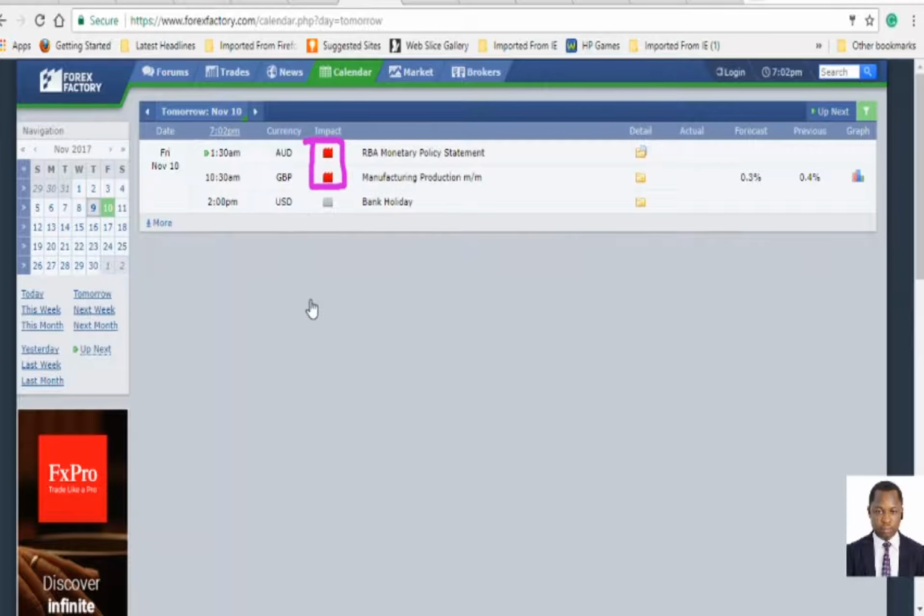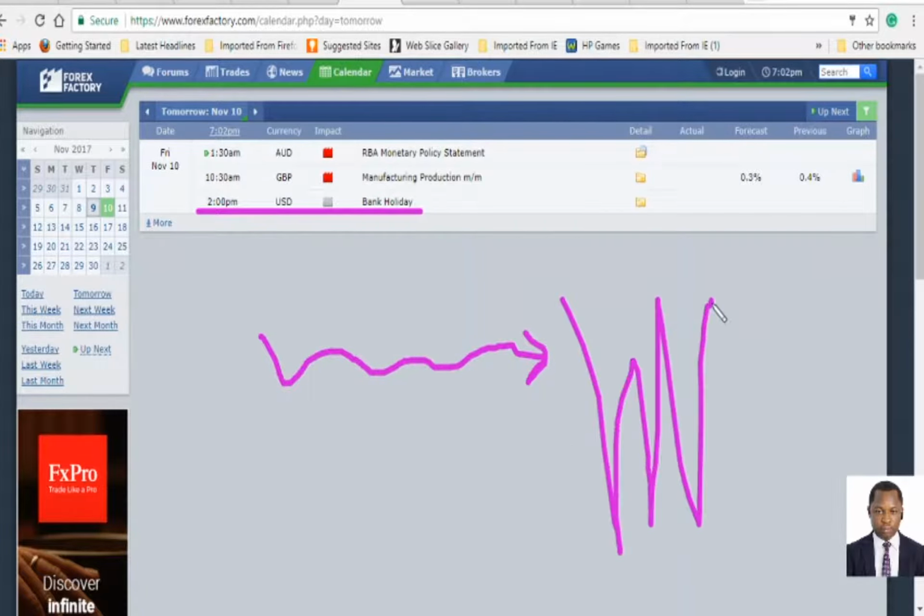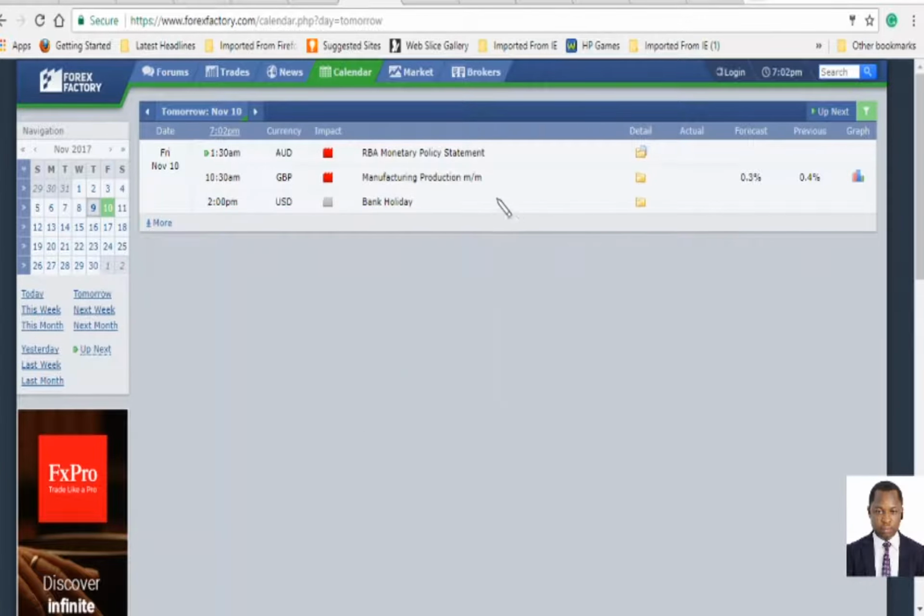Okay, unfortunately tomorrow we have a bank holiday coming from America. That should be affecting not just the American dollar crosses. Usually whenever we have a bank holiday coming from America, it tends to affect the markets in general. That is just something that we have observed. So tomorrow, don't be surprised if you see price go in a sideways bias, not much movement, or there is some form of abnormal volatility. Ordinarily we should not even be in the market tomorrow because of this bank holiday.